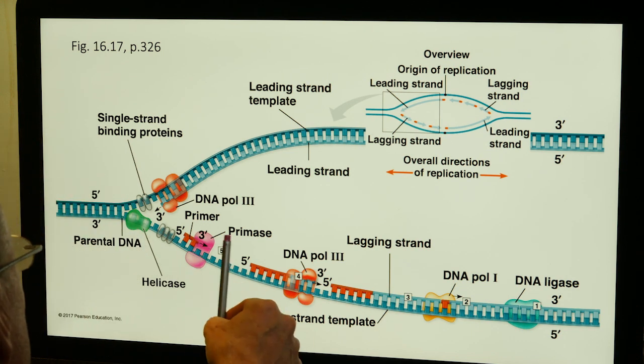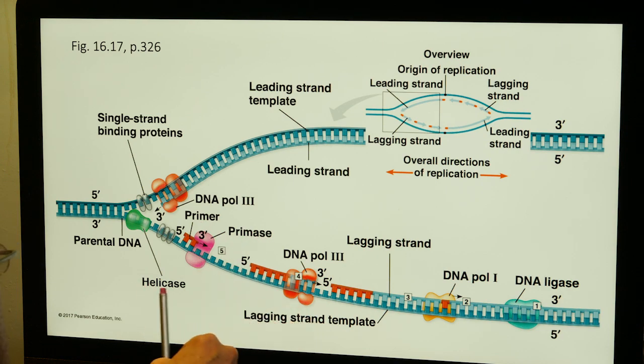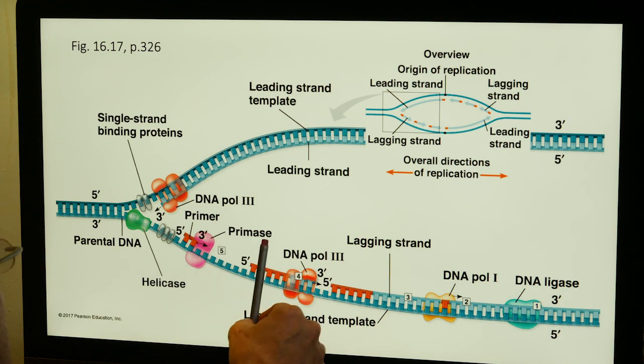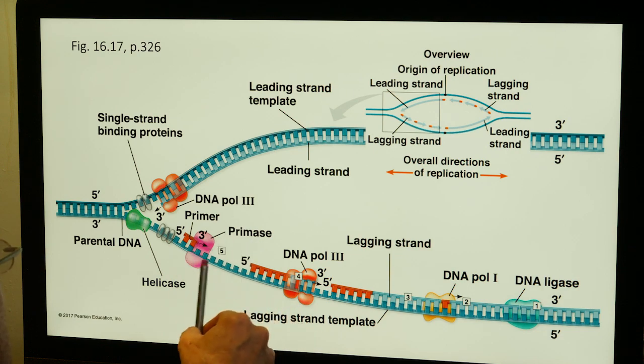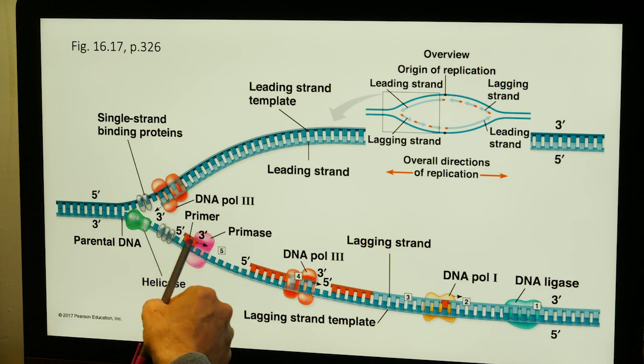This primer is under the control of an enzyme that I didn't give you called primase. So here you have helicase, here we have primase. Primase, of course, is controlling the primer, and there's our wee little primer there